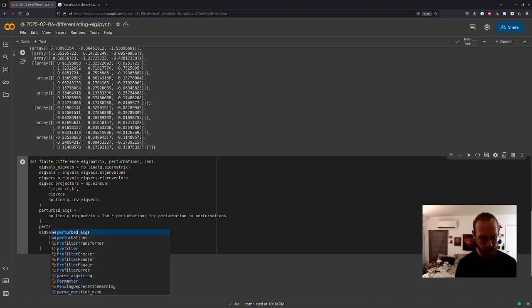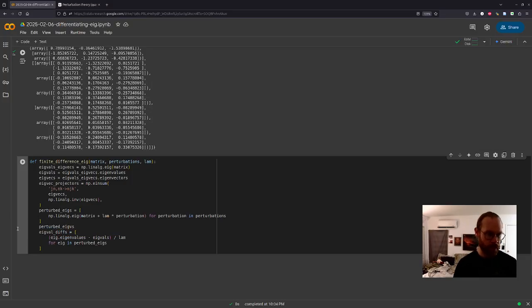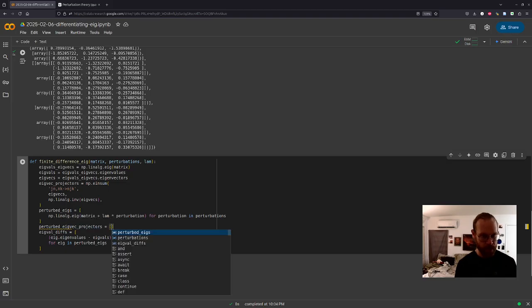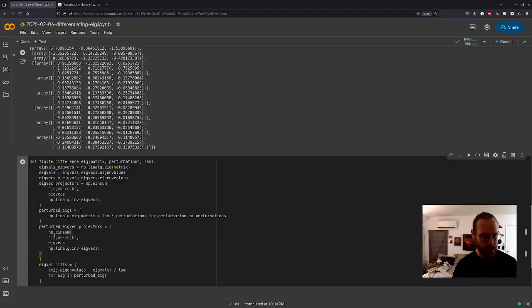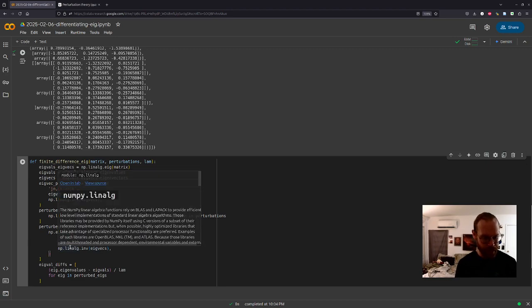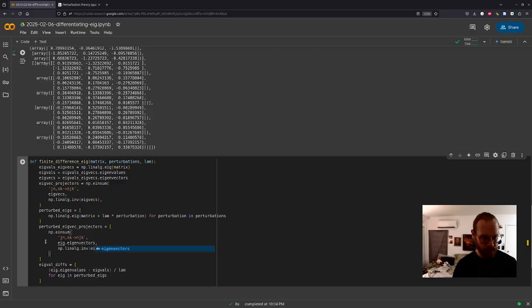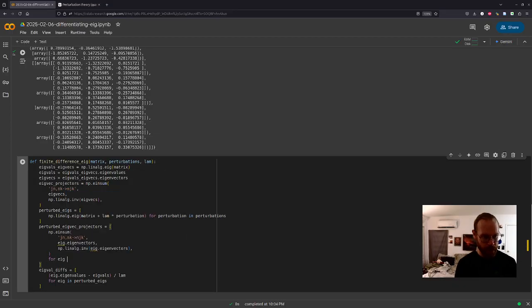The perturbed eigenvector projectors is going to be this, but we're going to just do this for eigenvectors for eig in perturbed eigs.